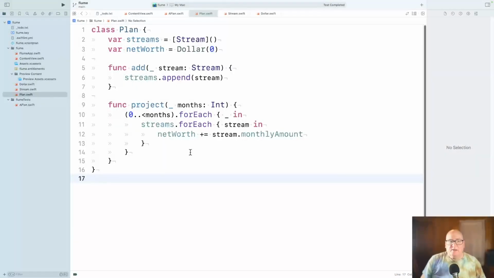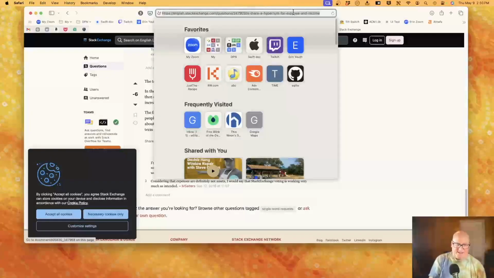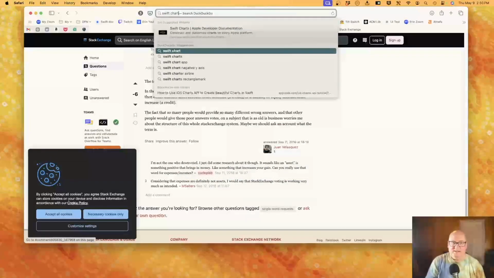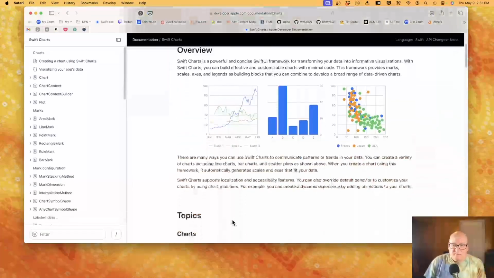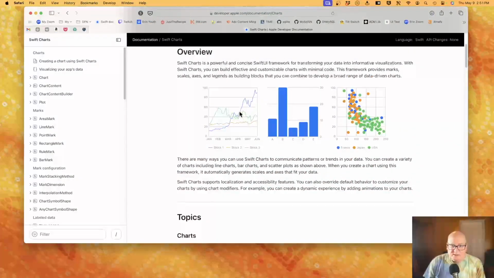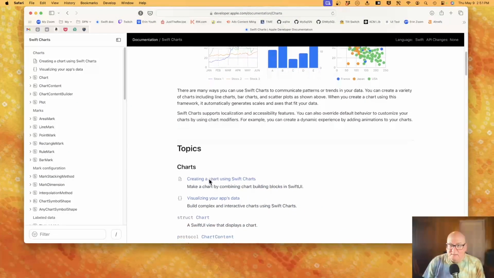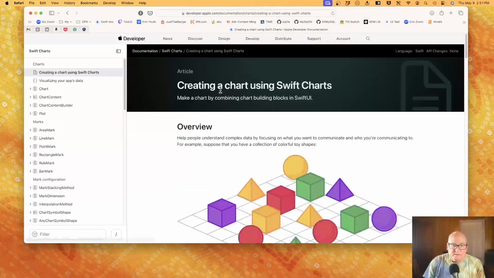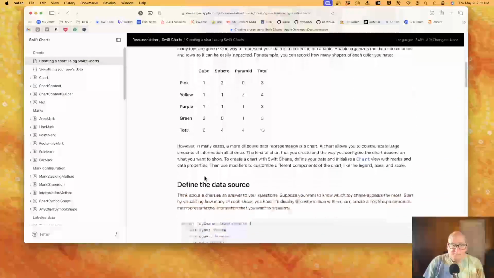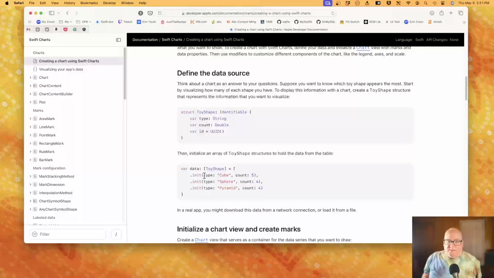I think it's time to understand charts. Maybe that's the next thing. Swift charts. Okay, because we want these kind of charts, line charts. All right, define a data source.